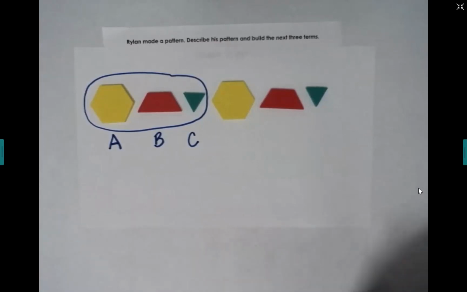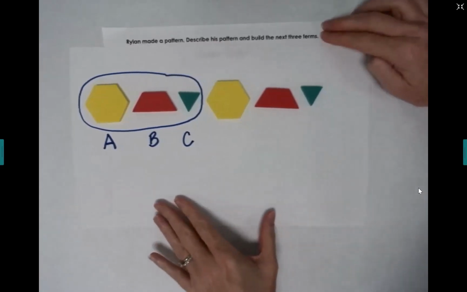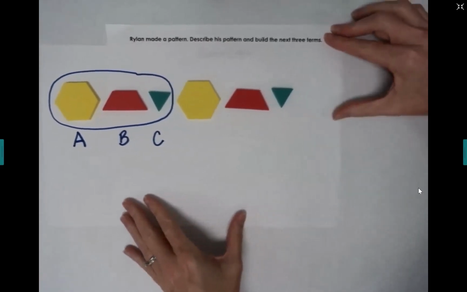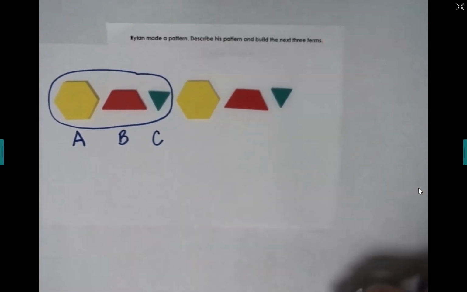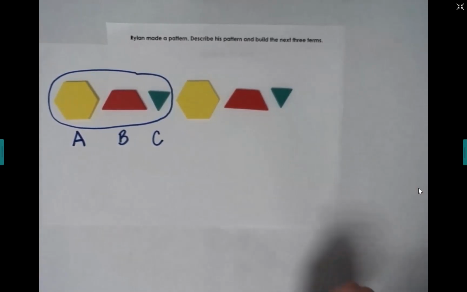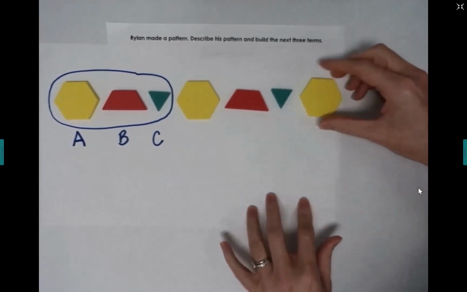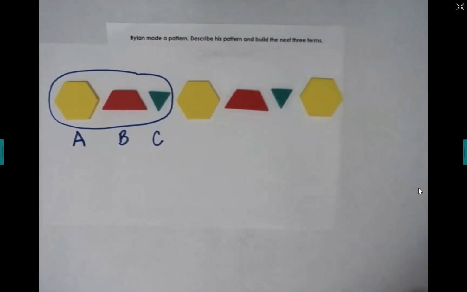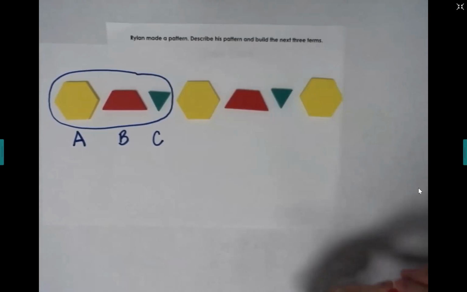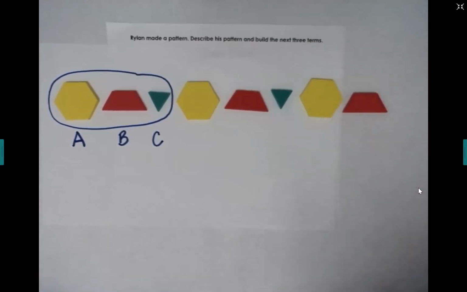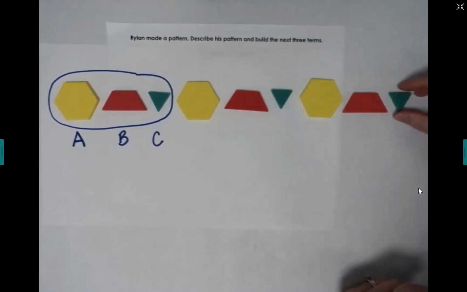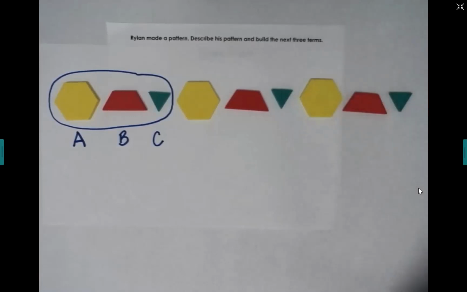So in order to extend this repeating pattern, I'm going to slide this over just a little bit, right? I know that I'm looking for that A element, that yellow hexagon would come next. Then I'm looking for the B element, which was the red trapezoid. And then finally, that green triangle. And again, just pointing out that even the orientation of all these shapes repeats in the same way. If it was turned a different way, that could represent a different element, actually. Okay, so